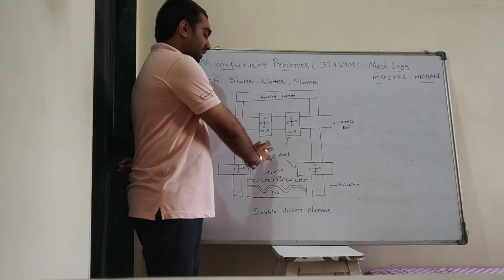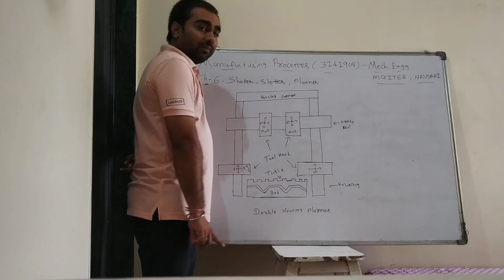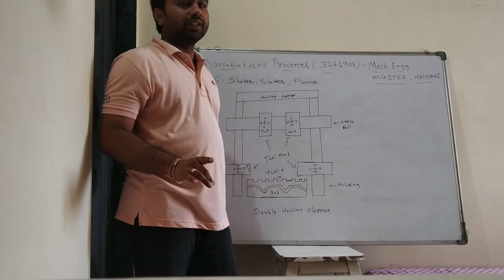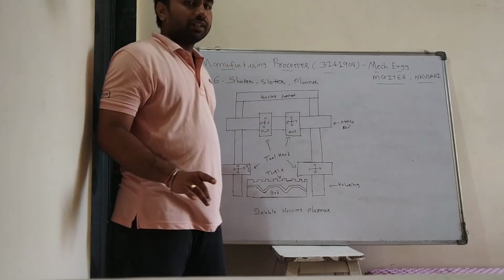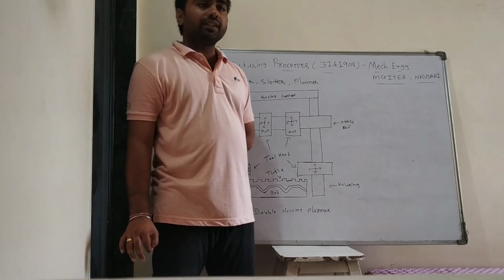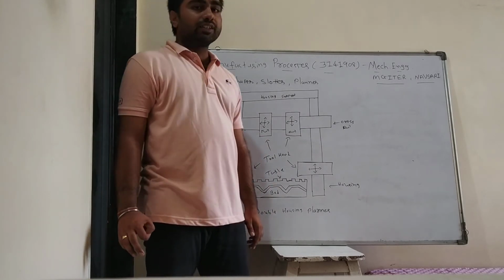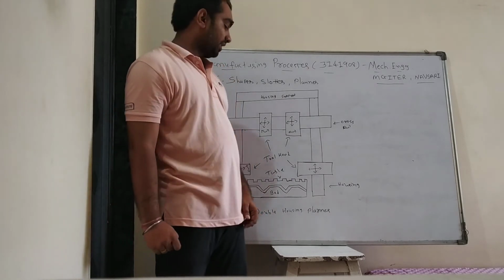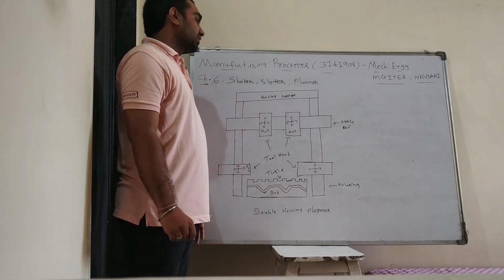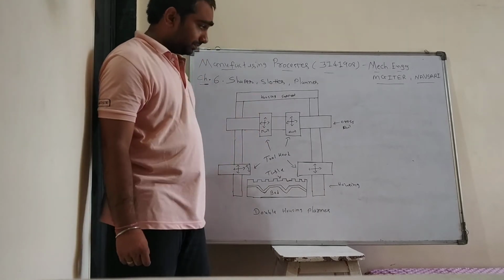Whenever a complex shape is put on the table, a number of heads perform operations at the same time, so material is removed from the workpiece at one time. This is the most benefit: heavy work, and complex shapes can also be done by the planer machine. This is the double housing planer machine. There is one housing and two housing, that's why it is called a double housing planer. This is the housing support in the planer machine.